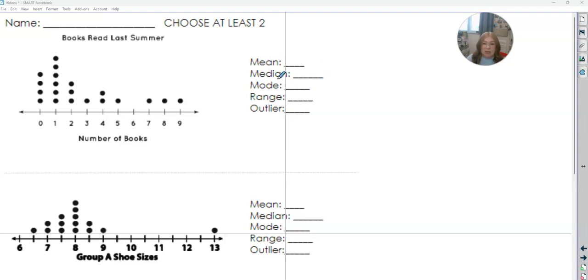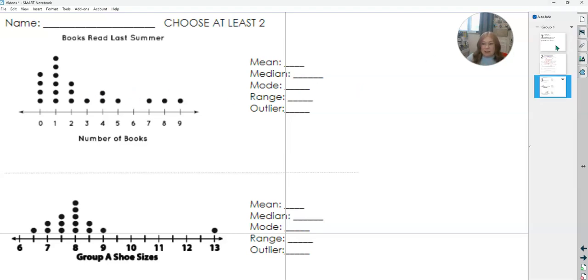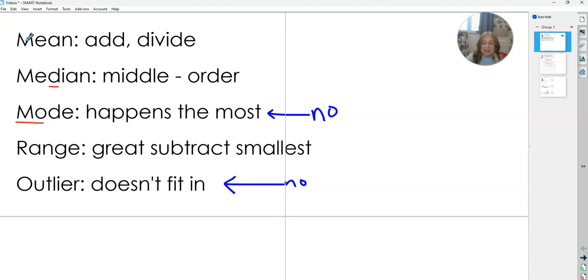We're going to be finding the mean, median, mode, range, and outliers of data. We're just going to be using a dot plot to do so. So remember, the mean is they're not like each other. They're mean, they're not sharing. We need to put them all together and then divide them out by how many there are, so they're all